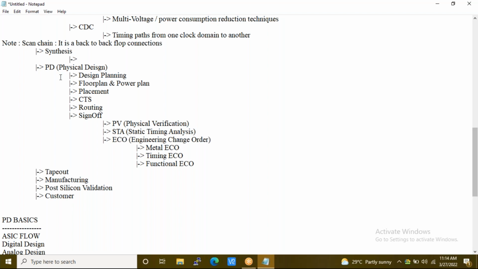During this course duration, you will get access to the complete set of Synopsys tools, that is Design Compiler, ICC2, Prime Time, Star RC, IC Validator. You will get access to all these tools for the complete course duration, and you will get access 24/7. That means throughout the day, anytime you can connect and access the tool. You will also get access to the complete course material, the presentations, the course lab documents, assignments, and even the interview preparation material. Everything will be provided to you.